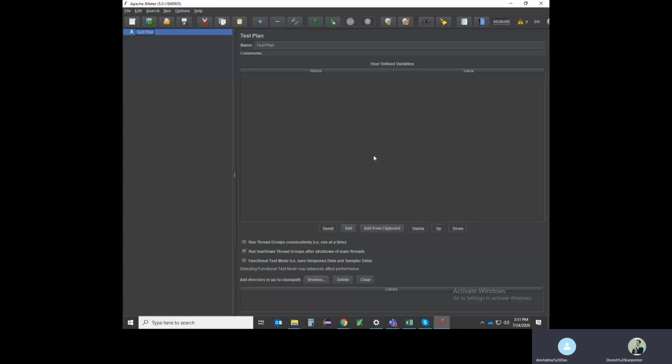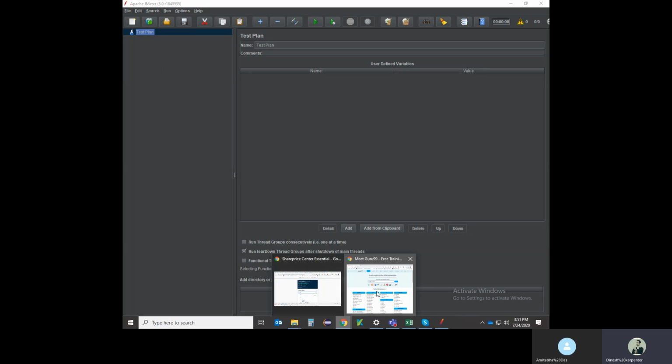So our today's topic is how JMeter performs record and playback, right? Each and every time, a user cannot create all the requests manually, because when you open any browser, you will see...